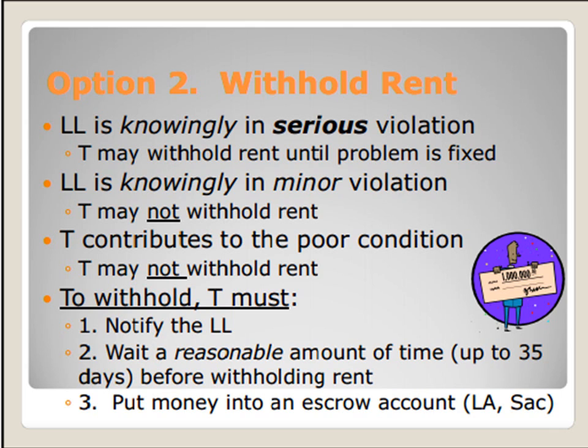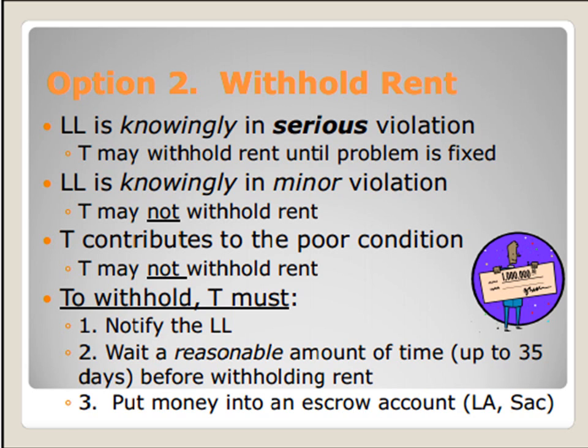Option number 2 is to withhold the rent. This can be done in serious violations of the lease, of the clause of habitability. The implied warranty of habitability is what they call it. And this is when the landlord is knowingly in serious violation. So again, the landlord has to know about it. Same thing, write that letter. And the tenant can withhold the rent until the problem is fixed. Now,